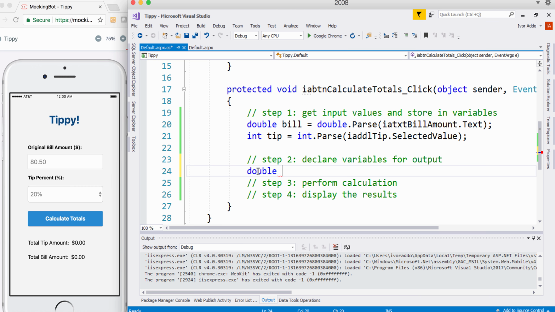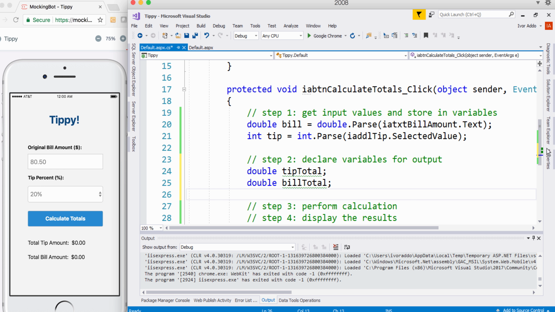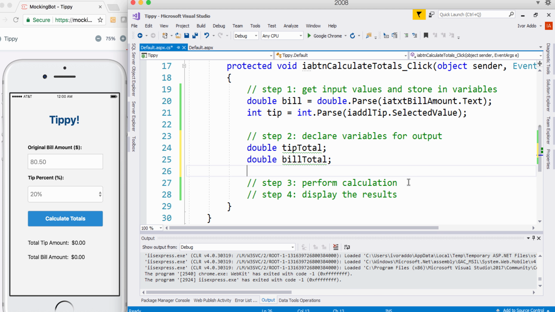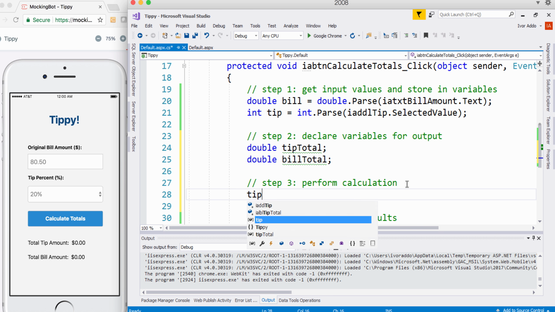So I'm going to call that double tipTotal. Okay, that's going to be the variable that holds the tip total. I'm just going to declare that. I won't initialize it to anything. It's got nothing by default, right? So then I'll do another double, which would be billTotal. And step 2 is complete. Step 3, we're going to actually perform the calculation. So I'm now going to say tipTotal. The tipTotal variable is going to be assigned